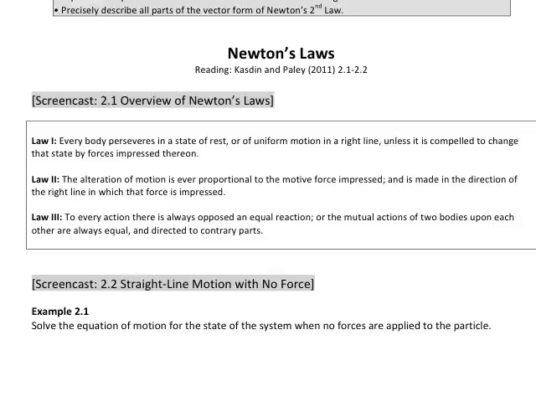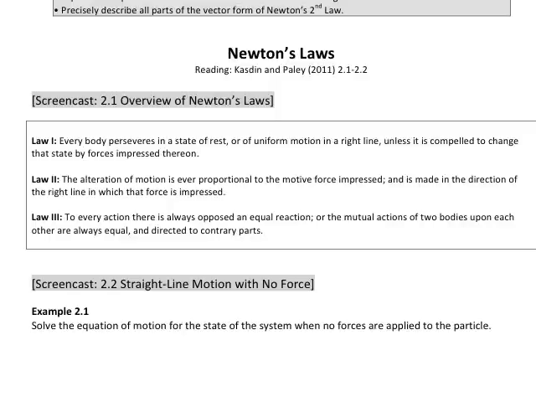Hey folks, in this screencast, we're going to discuss Newton's three laws. These are the three ideas that he posited in Principia Mechanica, his landmark publication. And with each of these laws, we're going to describe a little bit of nuance. I know that you've seen these before, but hopefully this will add a little bit more depth and understanding before we start tackling the mathematics and deriving equations of motion.